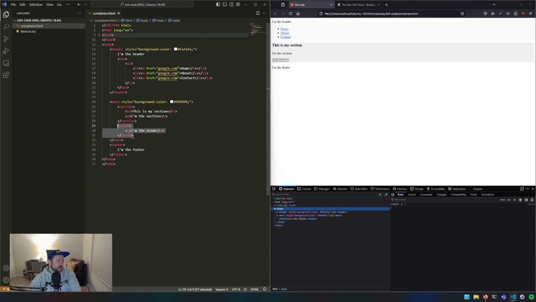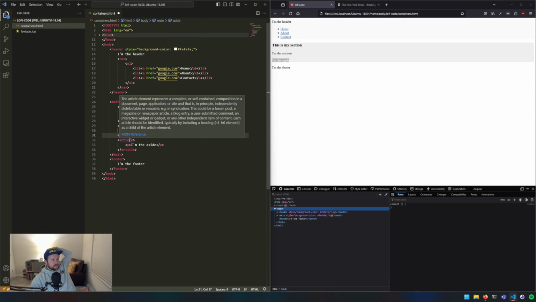Another one I just thought of, which is worth covering, is not an aside, it is an article. So an article represents a complete or self-contained composition in a document, page, application, or site, and that is in principle independently distributable or reusable in syndication. This could be a forum post, magazine or newspaper article, blog entry, user-submitted comment, an interactive widget or gadget, or any other independent item of content, right? So the main thing is that an article stands alone, and it should be able to,